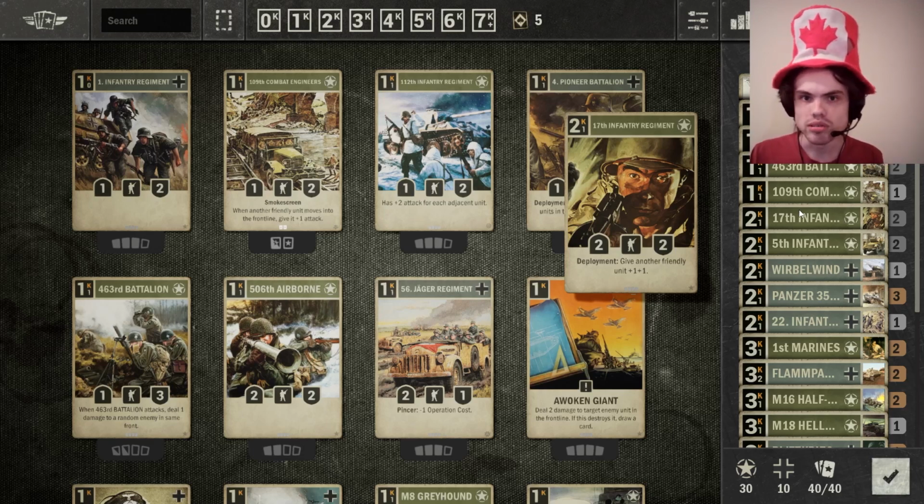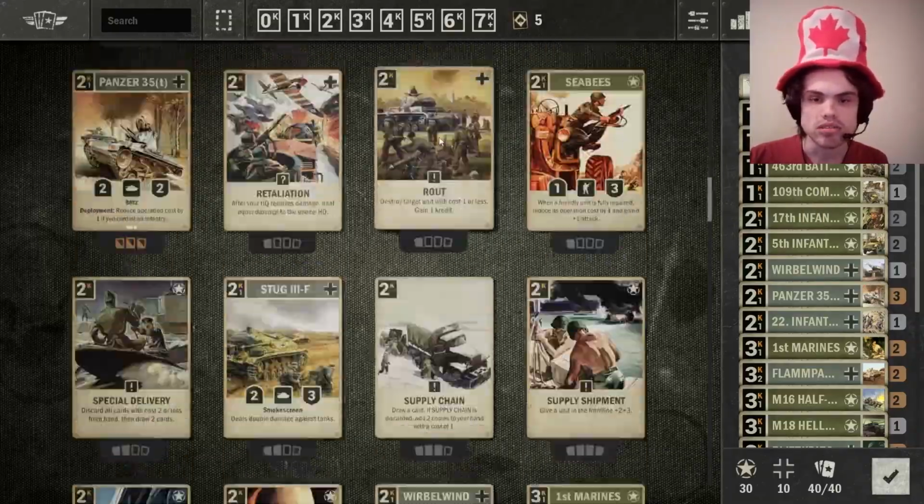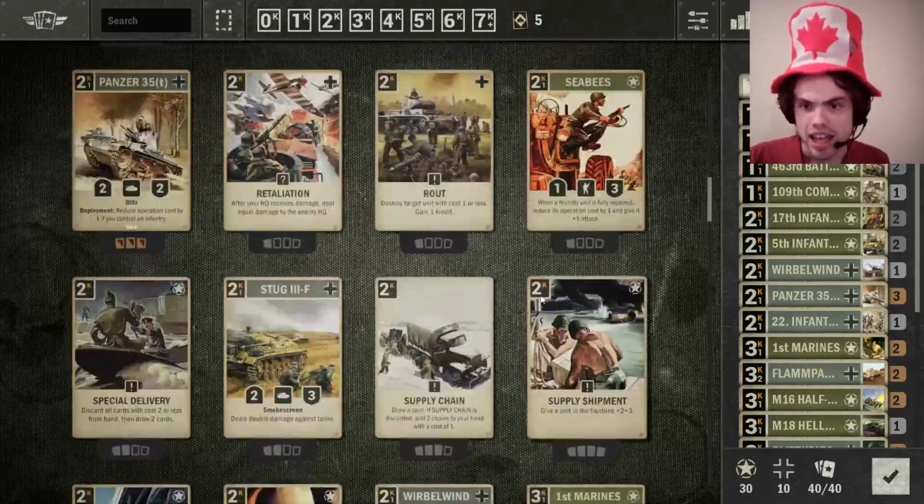How to handle different matchups, how to mulligan, what cards you should be looking for, and then maybe at the end of the video talk about some of the cards that you can build towards once you start getting some more wild cards, where you can create more cards to put into this deck. So,